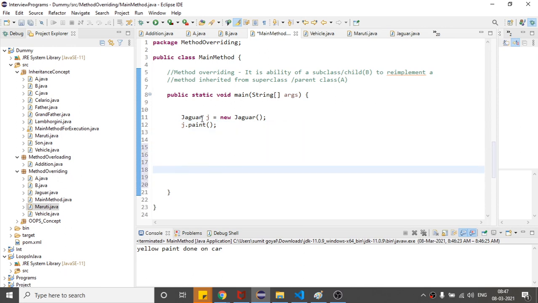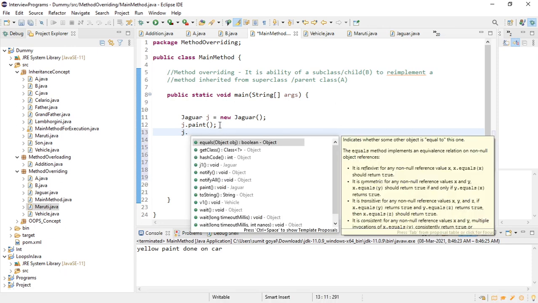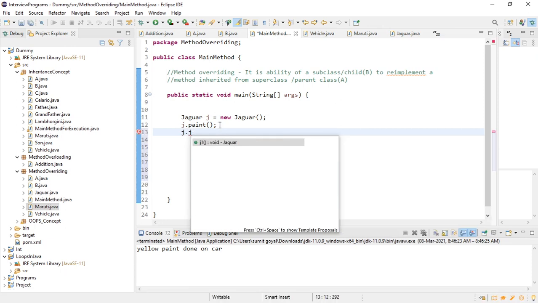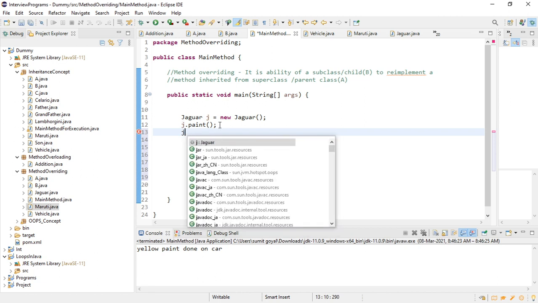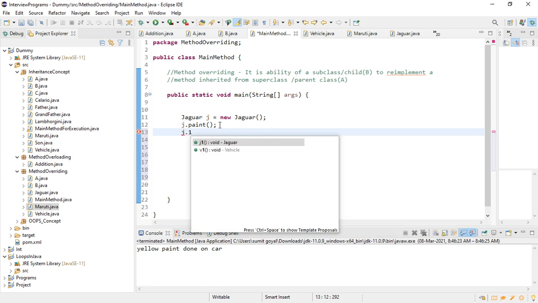So this is the simplest case, right? If I write j dot j1, right? The v1 method will also come here. Why is it coming? Because I'm using the extends keyword, so you can call both the methods, j1 and v1, that is fine.